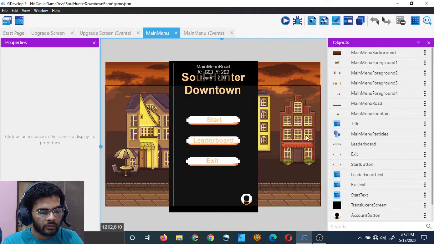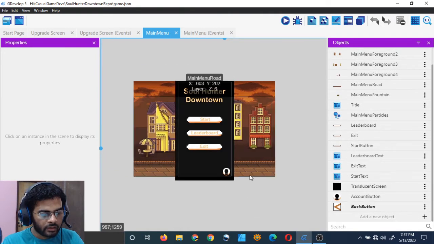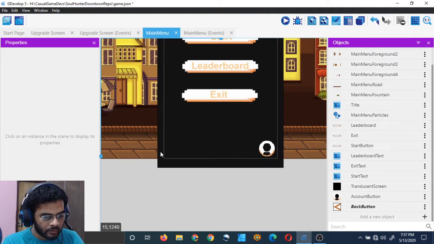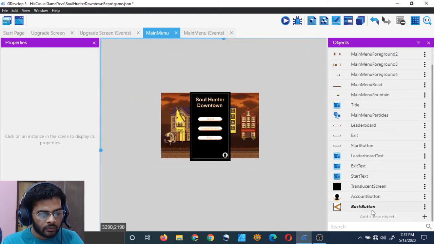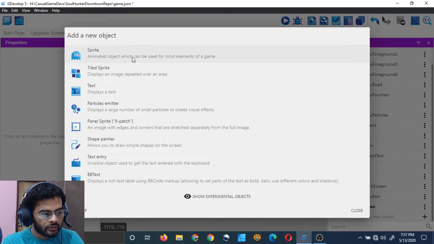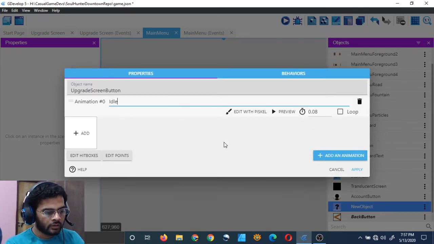Go to main menu again and make a little sprite, which I will put here, I believe, next to this. Add an object sprite and call it upgrade screen button, because it will take us to upgrade screen. Add animation, call it idle.